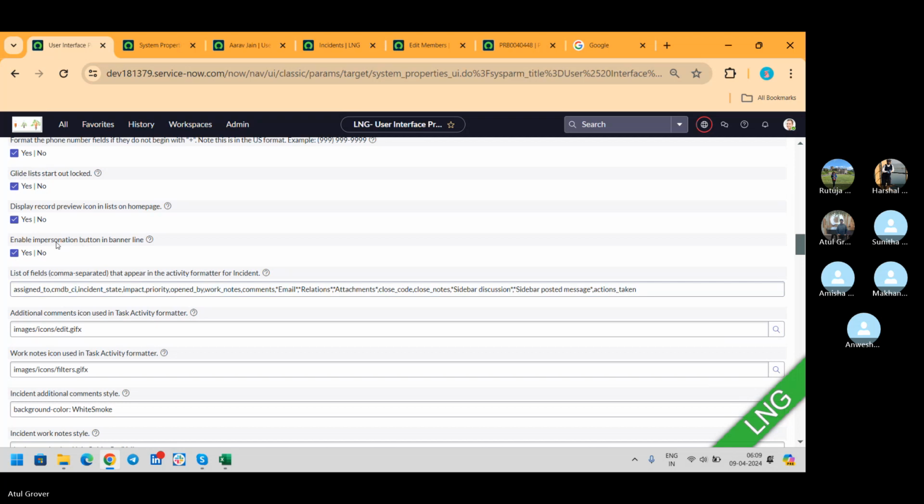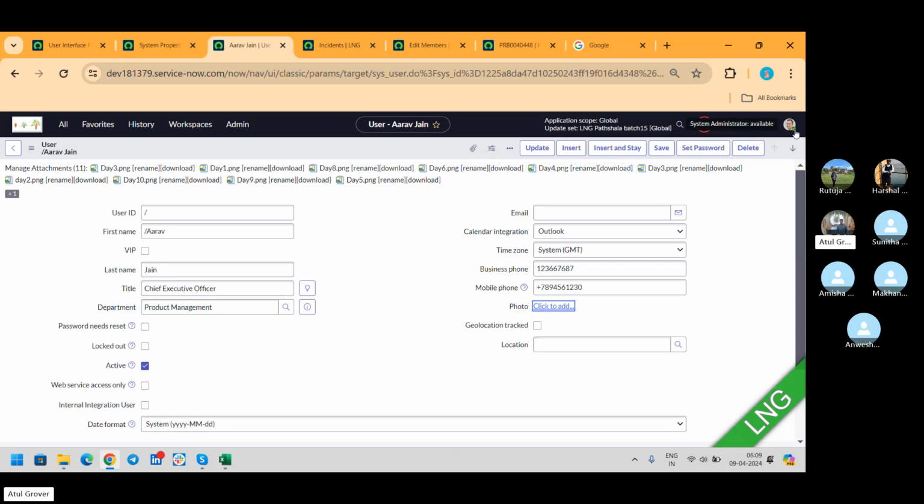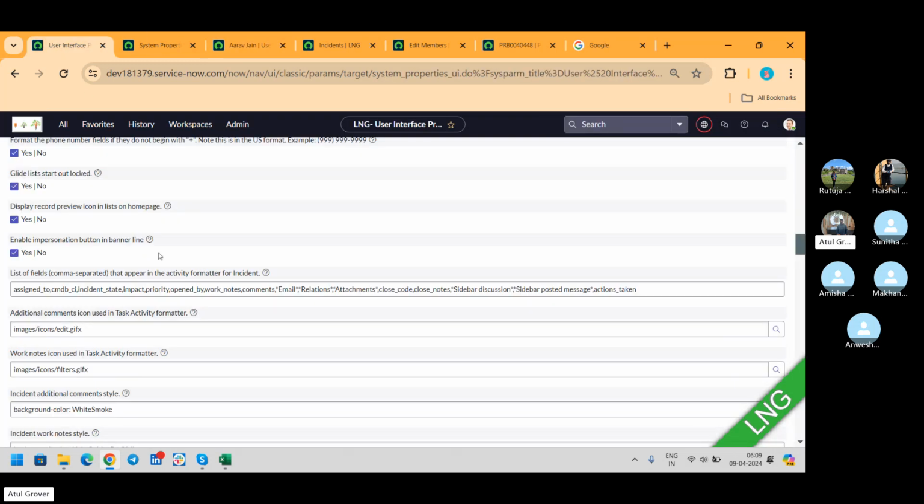Enable impersonation button. ये यहाँ पर जो आपको दिखता है हटा दो, नहीं दिखेगा।